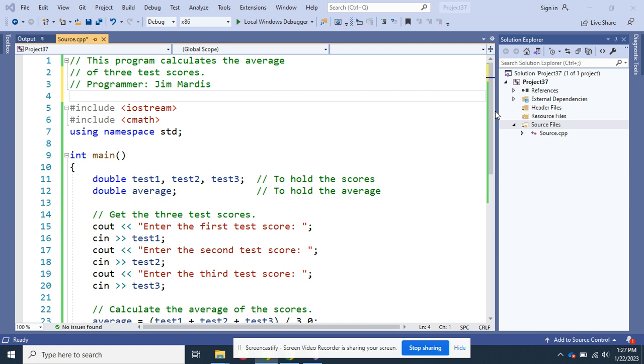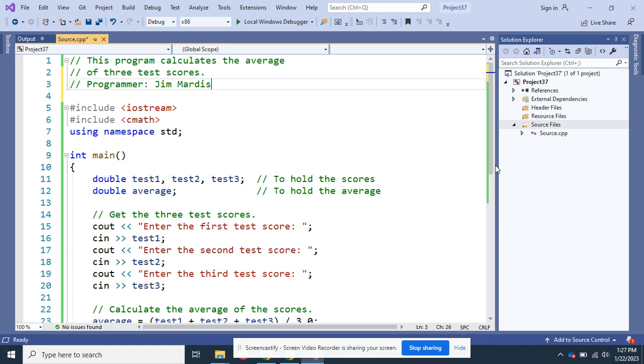So if you look at this one real close, I've got what I would expect for a header, something that explains what the program does. In this case, this program calculates the average of 3 test scores, and your name. Date's not that important, but at least this information, a brief description and your name.